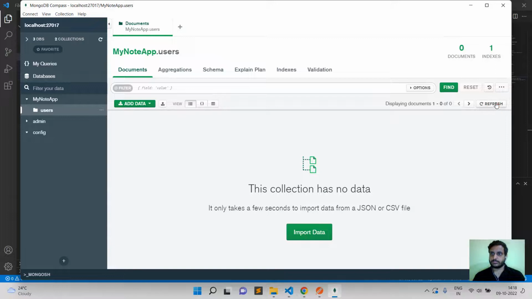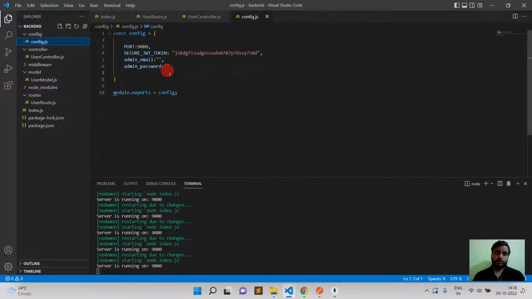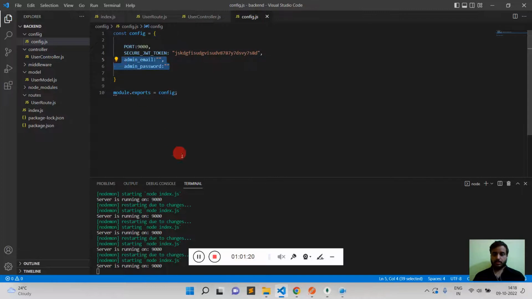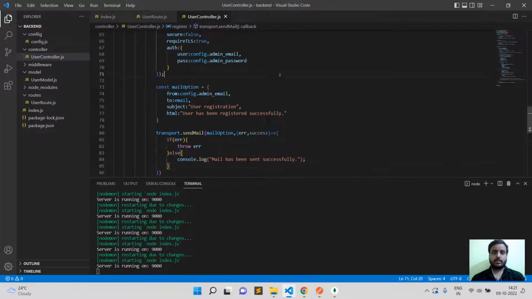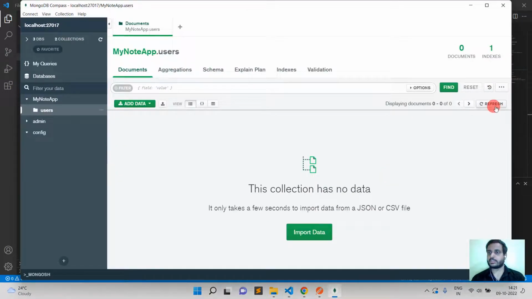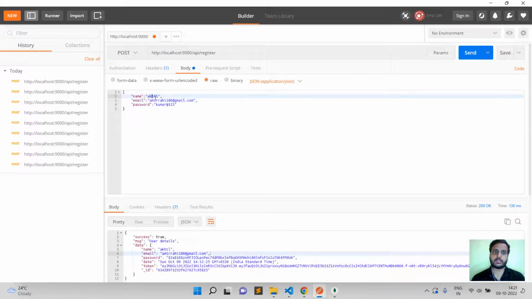So you can see there is no data here. Now I'm going to pause this video and put this Gmail ID and password. Okay, now I have set my email ID and password inside config.js. Now I'm going to test. So now you can see here no data available. Go inside Postman and write your email ID and password,